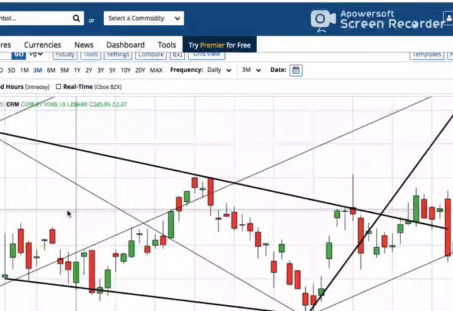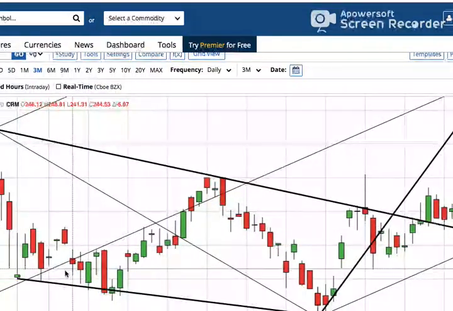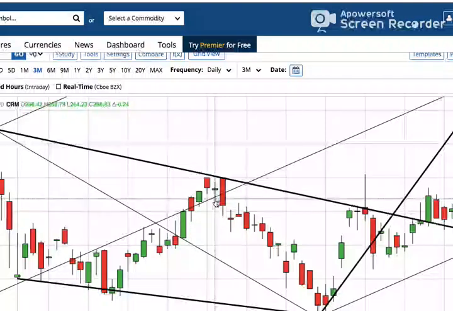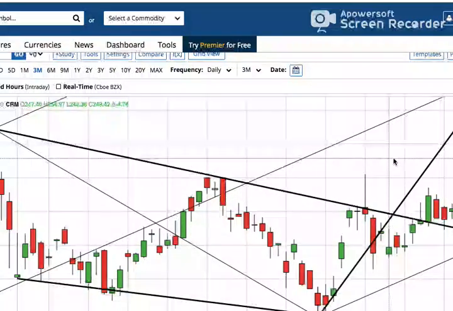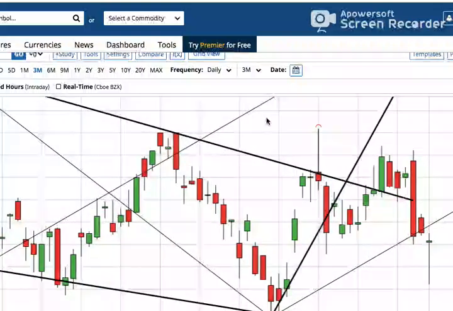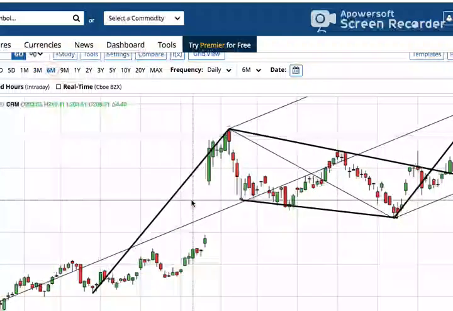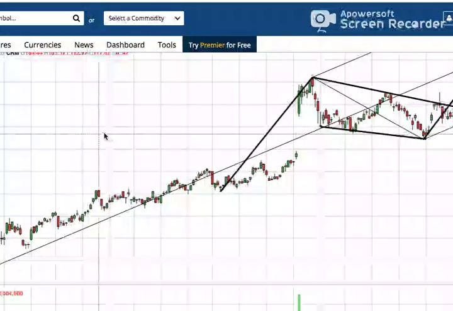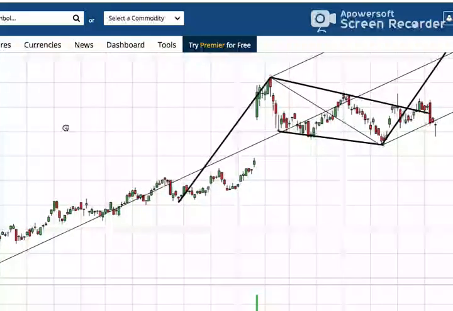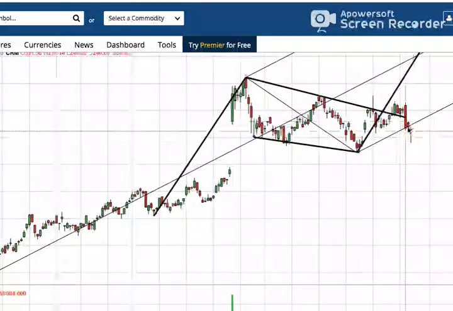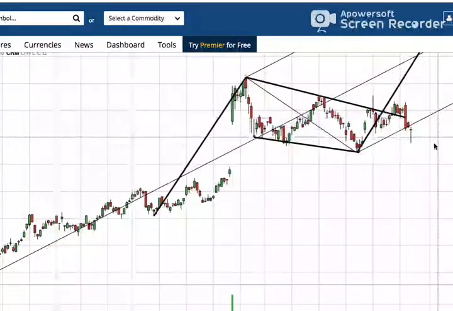Look at this, very nice reactions on the median of this pitchfork. So this pitchfork is proven to act as a magnet. And then if we look over here, where did we go test when we had the sell-off? The lower bound. Okay, so this is a really clear pitchfork. That's probably the most important part of this chart. We're heading back to the median of it.